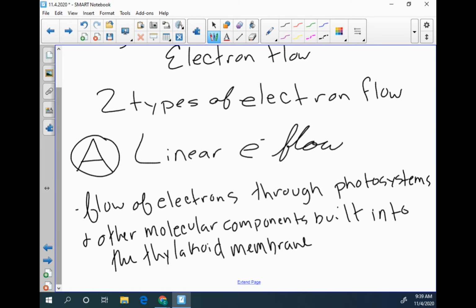So I'm going to go through it step by step, writing it out in words, and then we are going to draw it out, because pictures help everything. So step 1